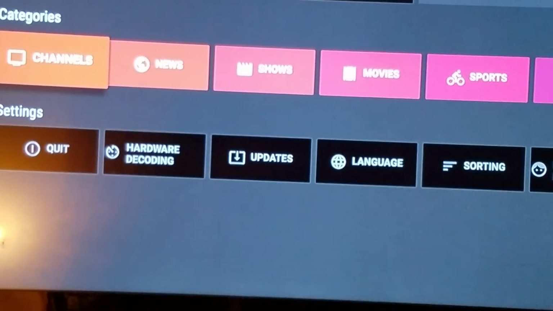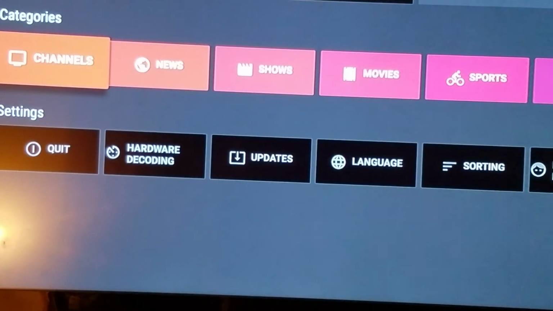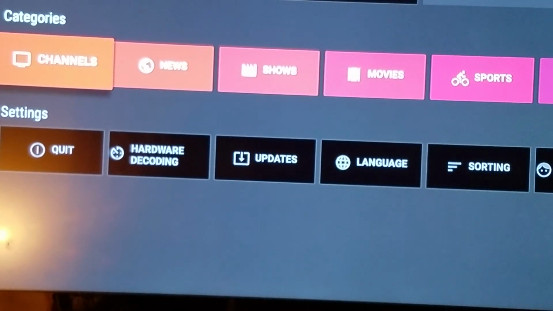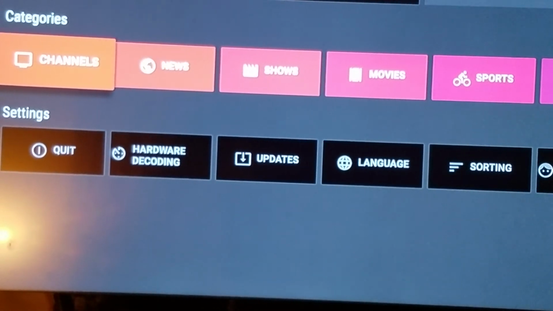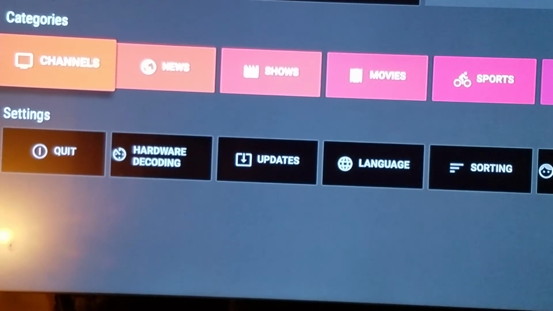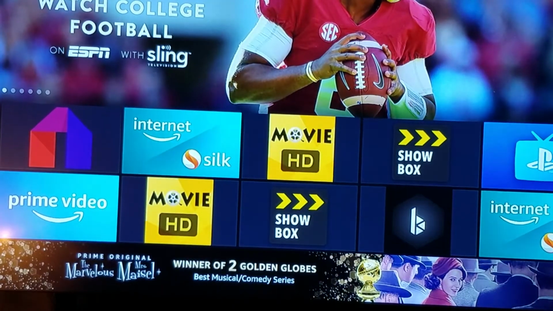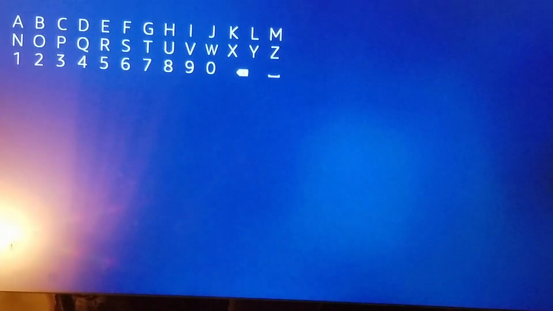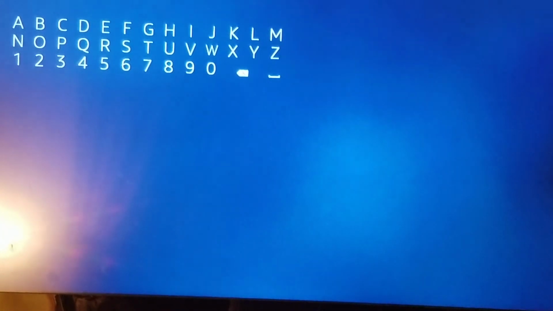So that's basically what I have installed on the Firestick for you. I also have Kodi on there as well, but I will have to make another video about that because that's a little more involved. But what I do want to show you real fast is